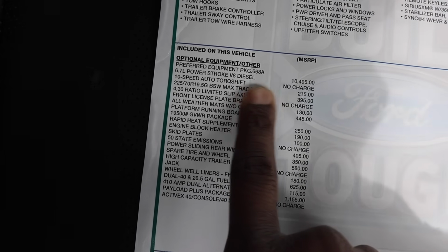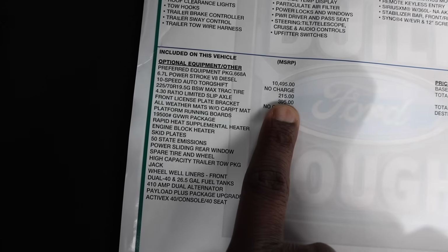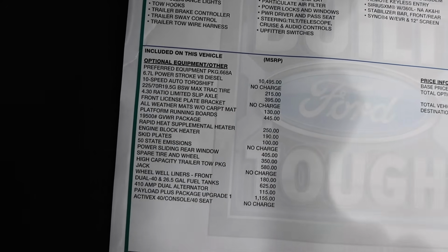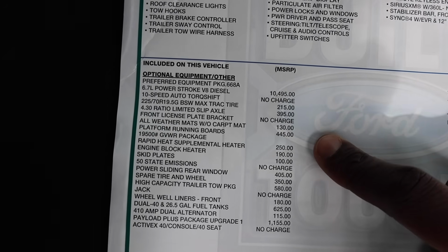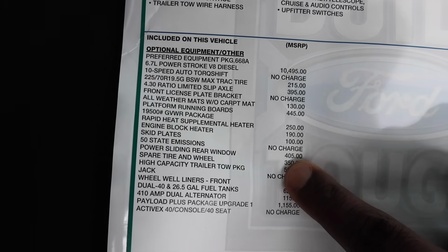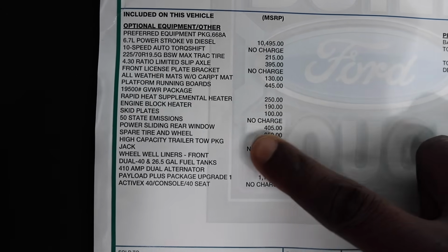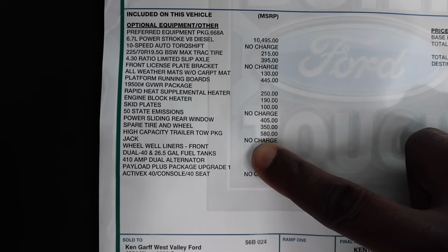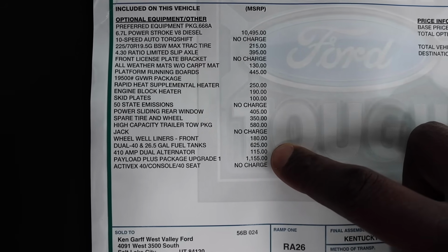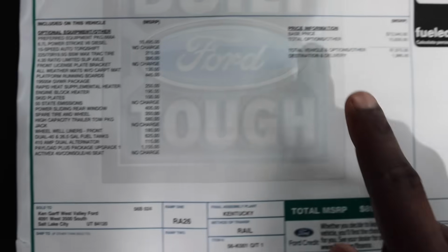The Power Stroke is $10,495. It does have the max traction tires for $215. 430 gives this truck max tow for $395, and it gives it the limited slip rear, platform running boards, and engine block heater, skid plates, power sliding rear glass is $405, spare tire and wheel $350, high capacity trailer for $580. This one does have the wheel well liners out front, dual fuel tanks, dual alternators, Payload Plus package upgrade number 1 for $1155. Base price comes in at